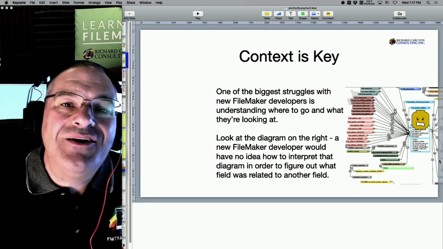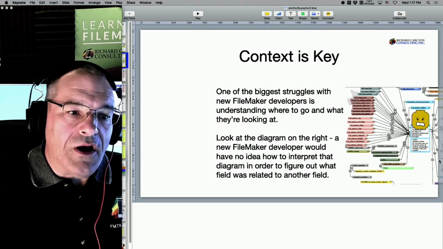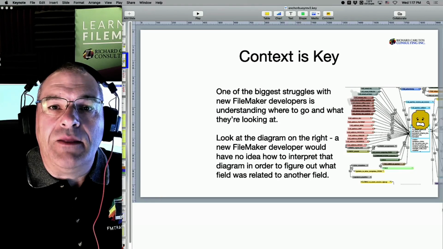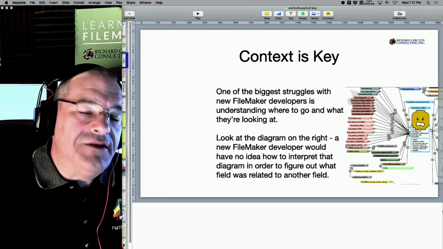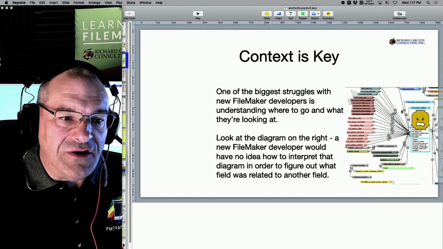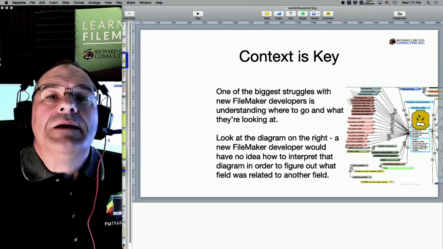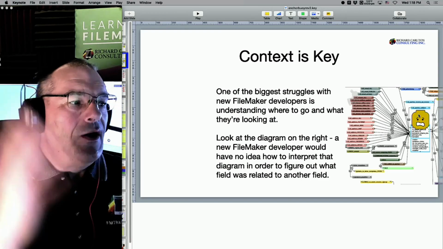And maybe she has, and maybe she hasn't. Maybe they hire Kyle to come behind her and to work on it. And Kyle is trying. Now Kyle's a smart guy, but Kyle ain't a telepath. Can't mentally beam into Ellen the lobster's brain to find out what she built and why she built it. And if Ellen's diagram looks like this, Kyle is going to have a hard time. He can probably get through it, but the customer is going to pay Kyle extra time to understand what's going